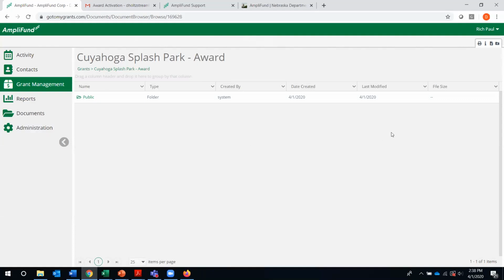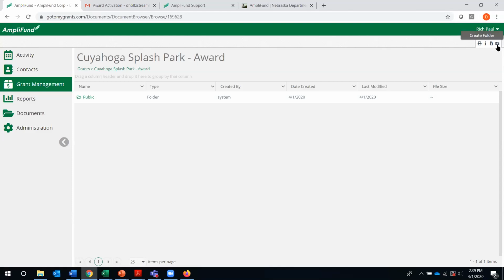You'll also be able to just add folders and add documents here that maybe you want to keep for your own internal purposes. This is your documents folder, so if you need to keep any records in here, if you need to keep track of any documentation, feel free to create a new folder or upload a document by going up to the icon toolbar and clicking either the button that allows you to upload documents or to create a